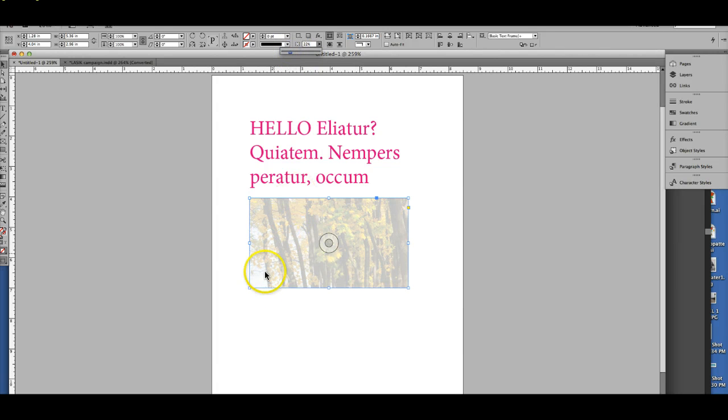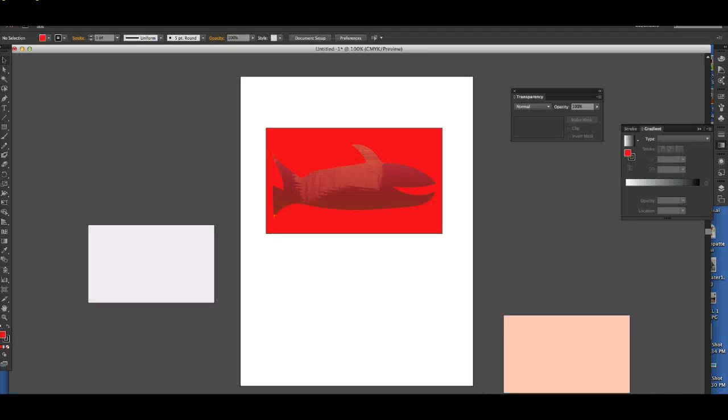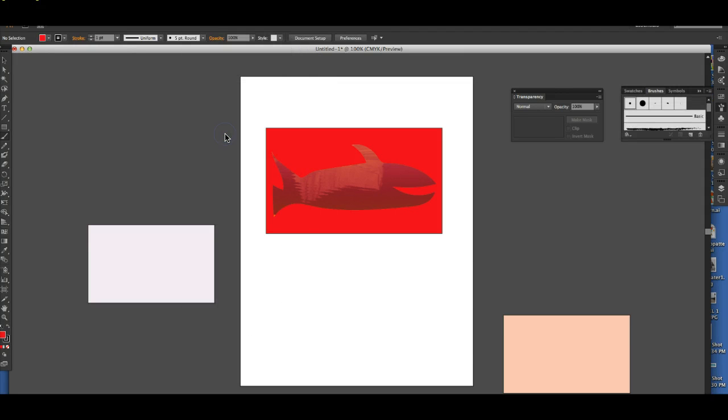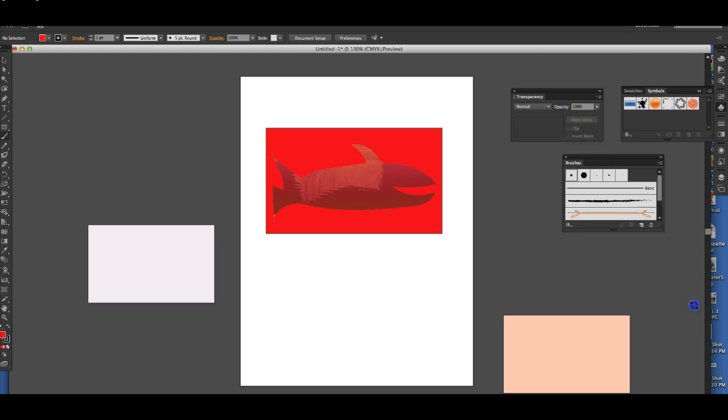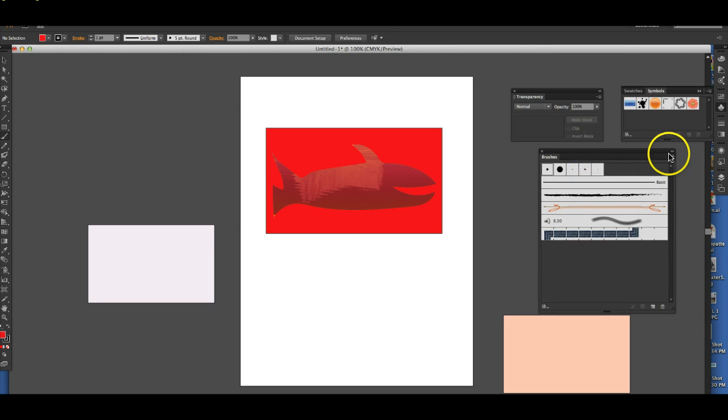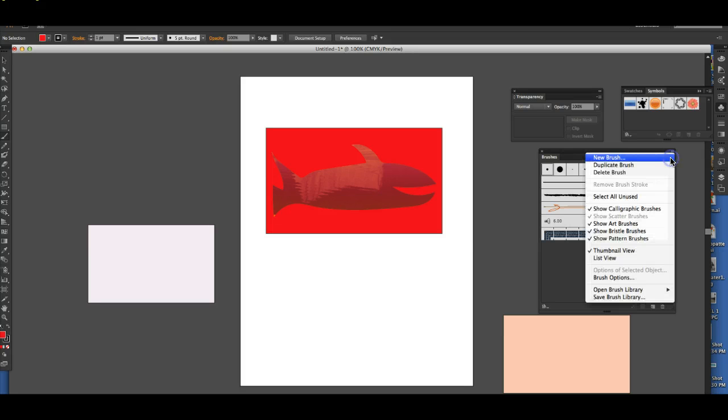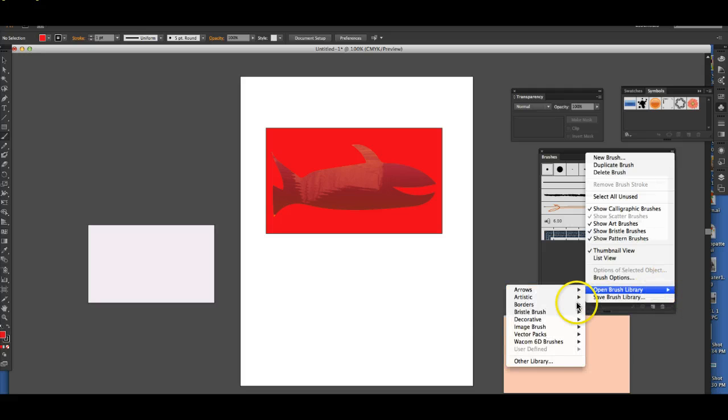You technically could do this all in InDesign as well if you felt like it. Just limitations in like the stroke or the color panel options, swatches options, and like the different kinds of brush strokes and stuff. Because you guys don't all have to use just these textures that you find. You can also create some in the program. So here's your paintbrush tool. And let's open up my brushes window. And there's all kinds of different textures and brushes that come with Illustrator already set up, but you can find free ones online. You can actually make your own, which might be something that we'll do in this class,